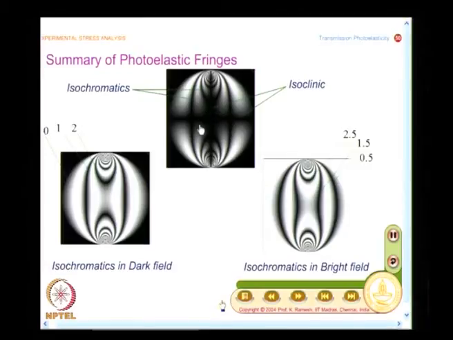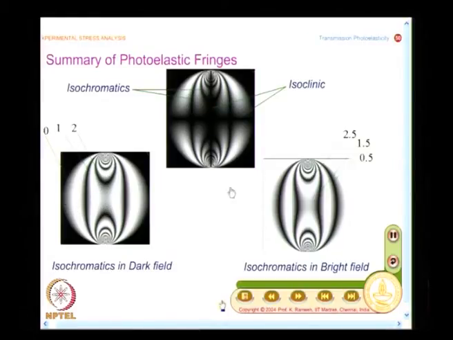Isoclinics are seen in a plane polariscope, and isoclinics are absent in a circular polariscope. I label the fringes as 0, 1, 2, 3, 4 like this, and I do the same thing here, 0, 1, 2, 3, 4, because the fringe gradient is increasing in this fashion.